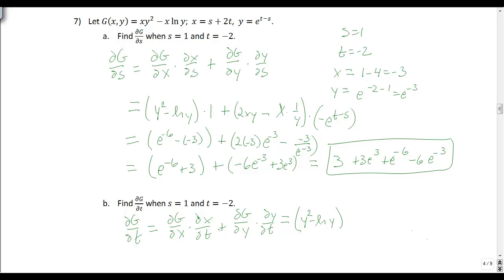But then partial x with respect to t, this 1 is going to get replaced by 2. Partial of x with respect to t is 2. Plus, I can reuse my partial of g with respect to y. So it'd be 2xy minus x over y. And then partial y with respect to t, well, I'm going to get a positive out here. So instead of a negative e t to the negative 3,